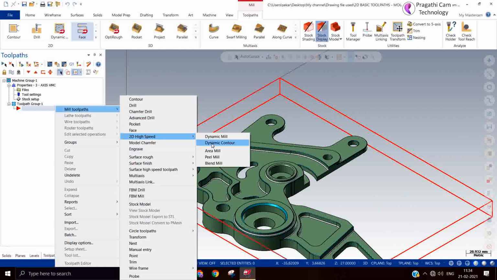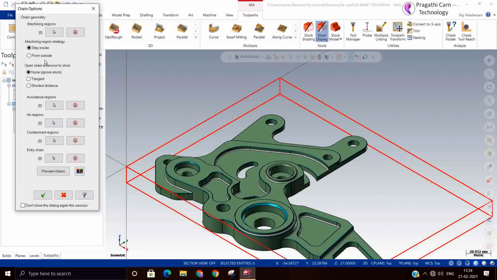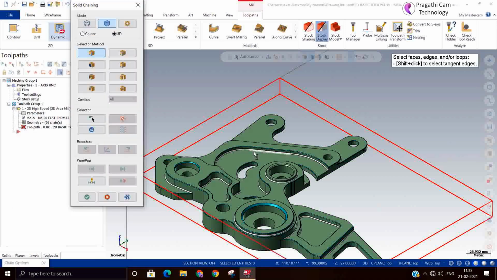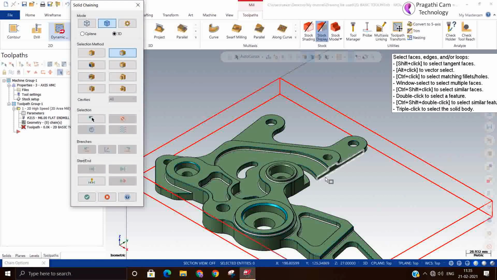High speed area mill. Chain, I need machining region. I need to cut from outside. Chain, I want the outer chain. Okay, accept.